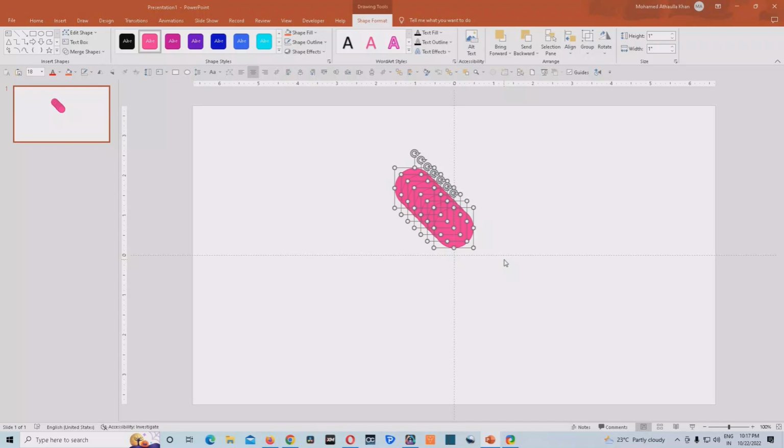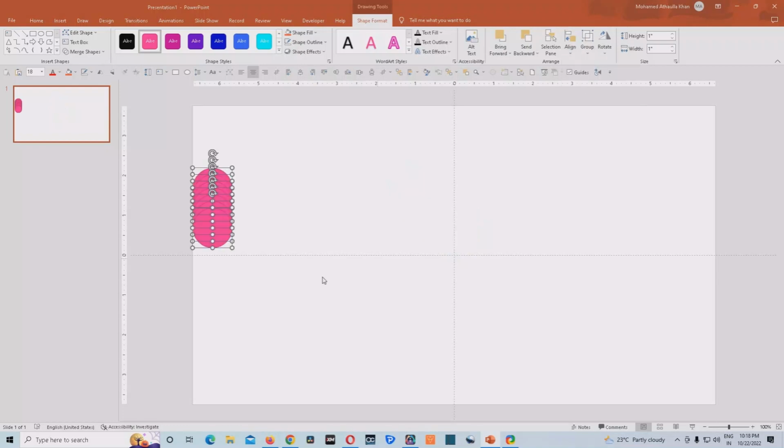So our objective is to align all these seven circles at the left side of our slide. So what we'll do, we'll select align left. Okay, so all these circles will get aligned to the left side of our slide, but we want these circles to be distributed evenly in the x-axis